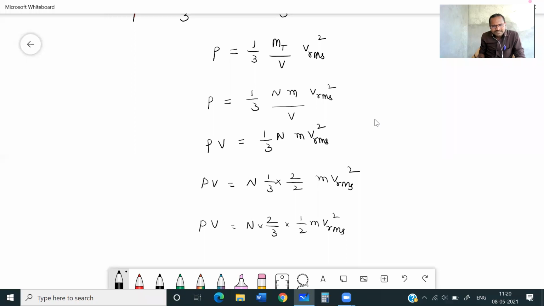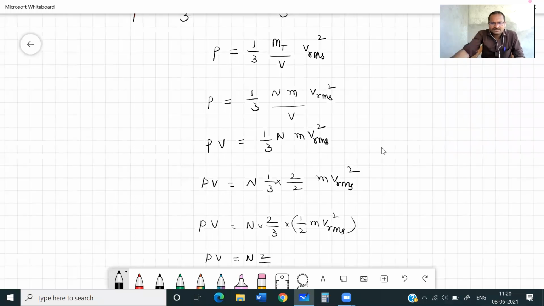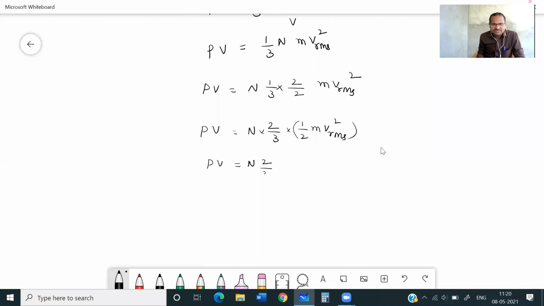What is this again? Again, it is kinetic energy. But kinetic energy of what? Kinetic energy of one gas molecule. Are you getting? Here this Ke is kinetic energy of a gas molecule. Just one gas molecule's kinetic energy. Are you understanding what I am saying? Previously I had written kinetic energy of total gas. Now I am writing half small m VRMS square as kinetic energy of one molecule of a gas.